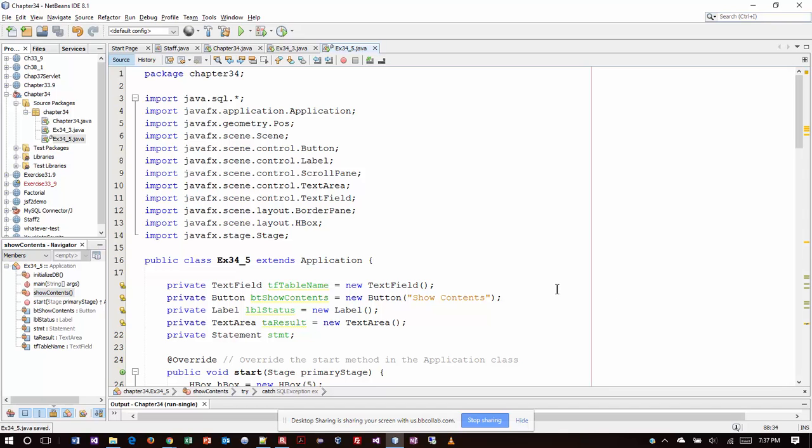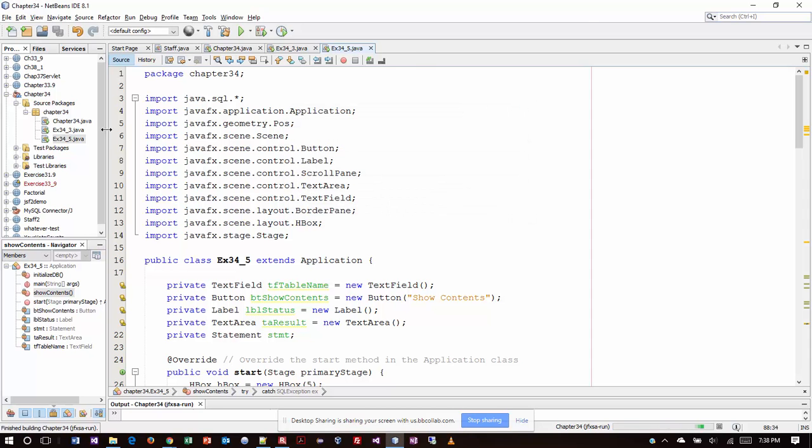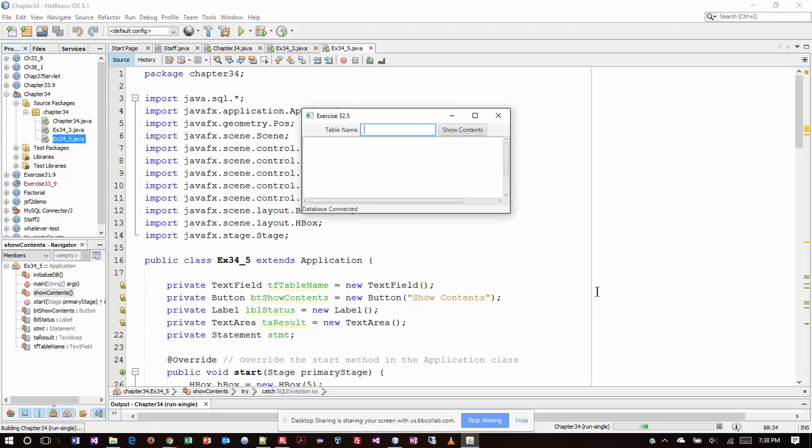So what I'm going to do here is I'm going to save it, and I'm going to run it, and hopefully it loads up and runs just fine. And of course, what's it doing? Running the first application again. So once again, this is true in most of these IDEs, I'm going to run this particular file, not all of them. So one of the tables that we were working with was the staff table. So I remember that, so I'm just going to grab it, and I know it's spelled just that way, so